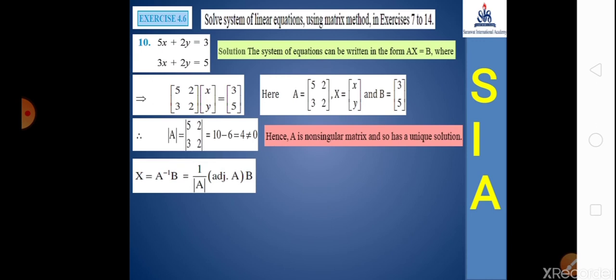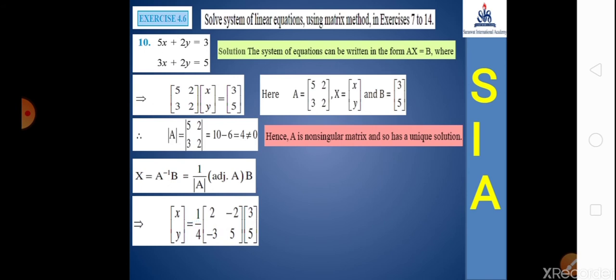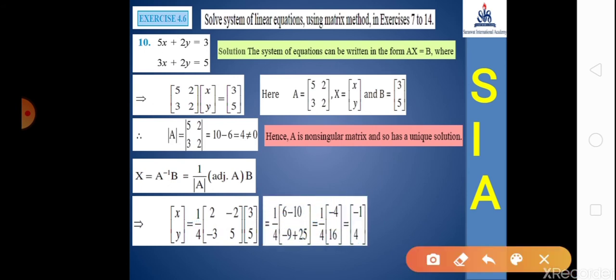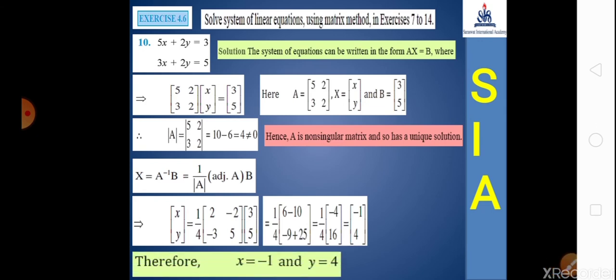Now I go to X is equal to A inverse B. The A inverse formula you know: 1 upon determinant A into adjoint. Apply the values and do the matrix multiplication. Yes students, here matrix multiplication means these are your row values and those are your column values. You multiply, then you get minus 1 comma 4 after dividing all 4 values. So x is equal to 1 and y is equal to 4. So this answer represents 2 marks, and happily done here, students. I hope you easily understood that type of solution.